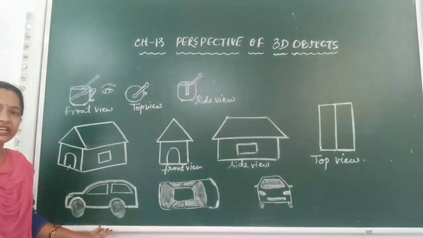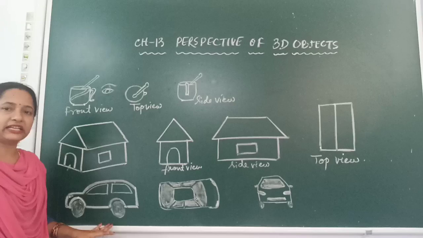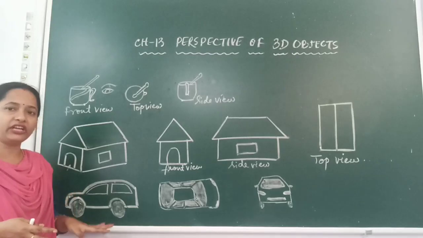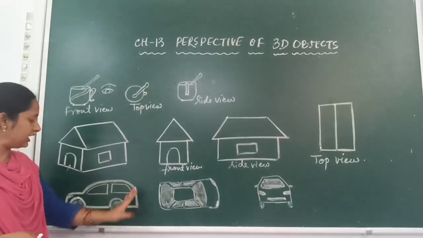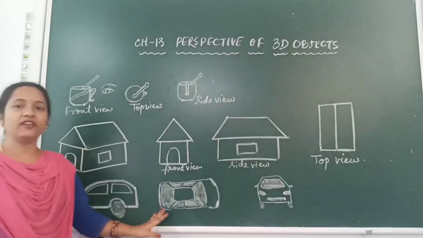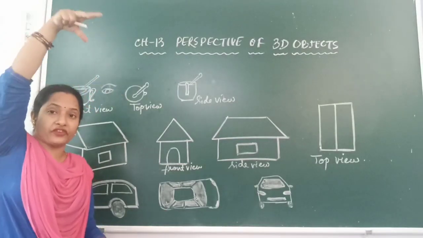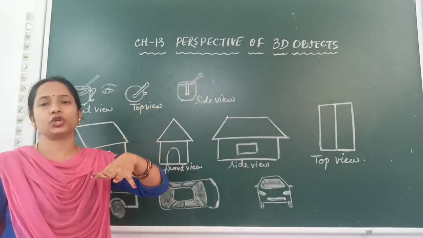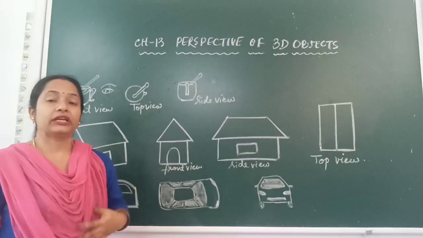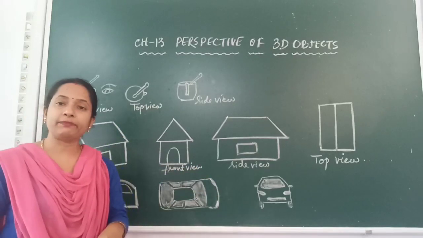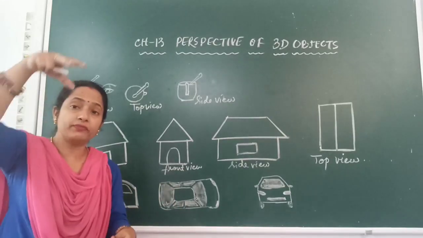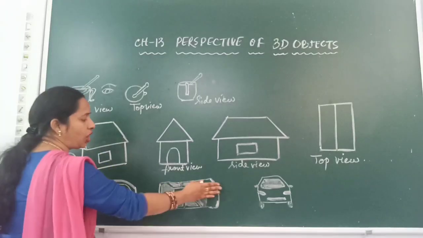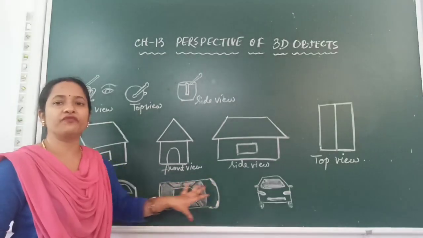Whereas one more figure I have drawn for you. Here it is a car. If you stand on the side of a car and observe the figure of the car, it will look like this, isn't it? And if you stand and look at the car from the top, sometimes people have a 2-story building or 3-story building or 1-story building. Then you can observe a car that is parked near your house or somewhere, and from the top, if you view it, can you see the whole car exactly? No, you can see only the top of the car, isn't it? So this is the top view of the car.